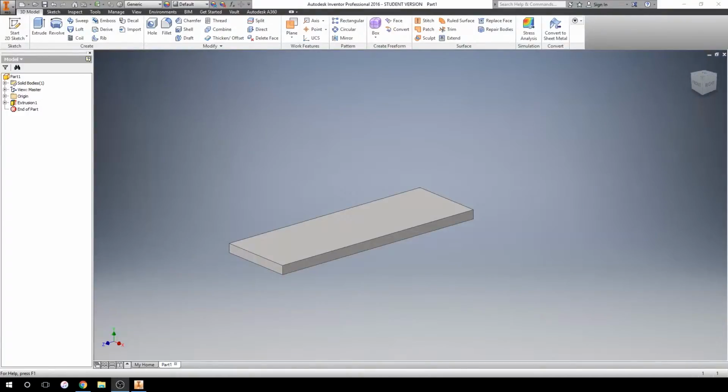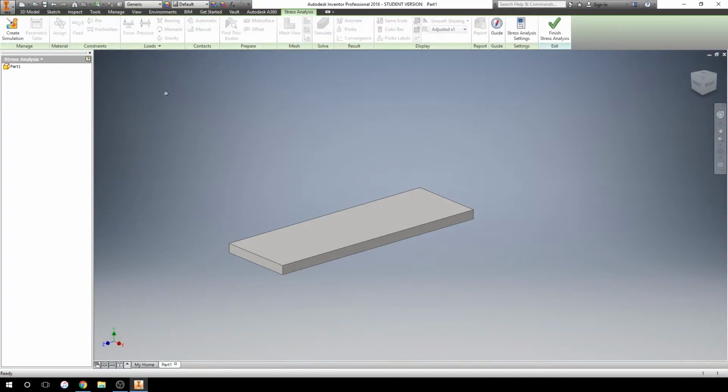The purpose of this video is to cover the finite element analysis or the stress analysis for an Inventor part. Here I just have a simple piece of flat bar stock. It's 1/8 of an inch thick, 1 inch wide, and 3 inches long. After I have the part modeled, all I need to do is click on stress analysis, and then from here